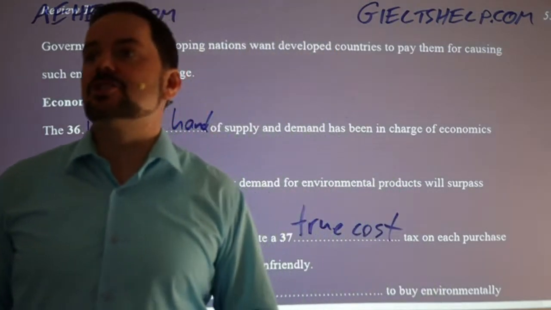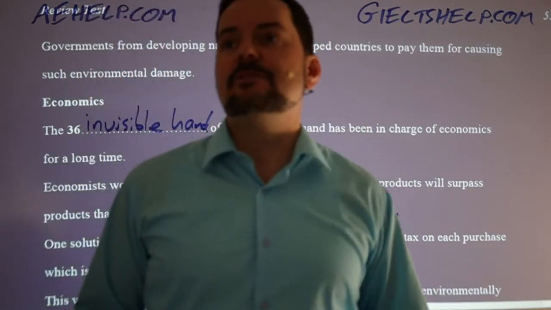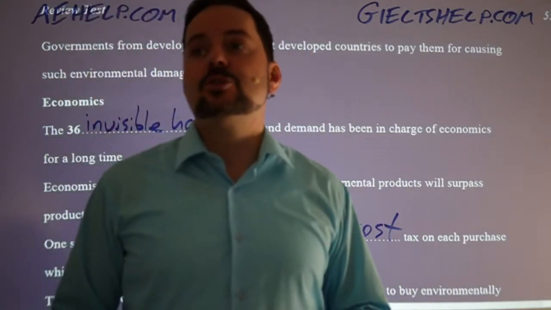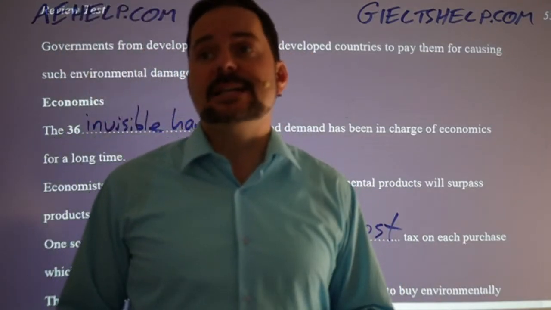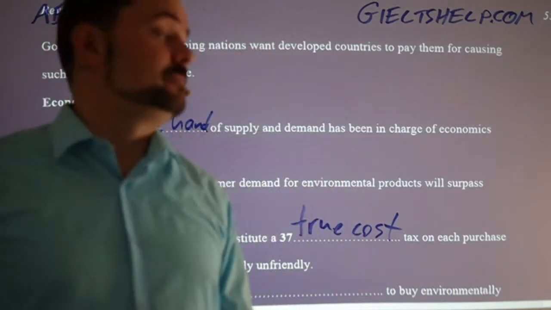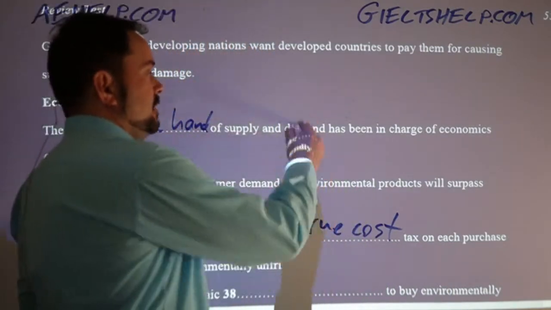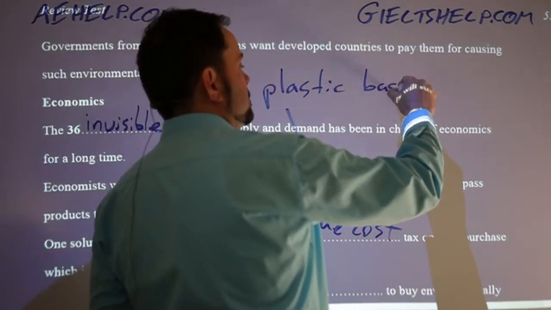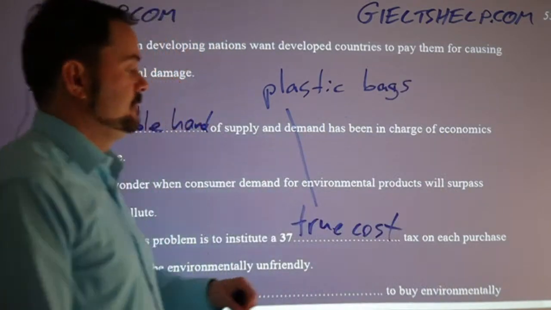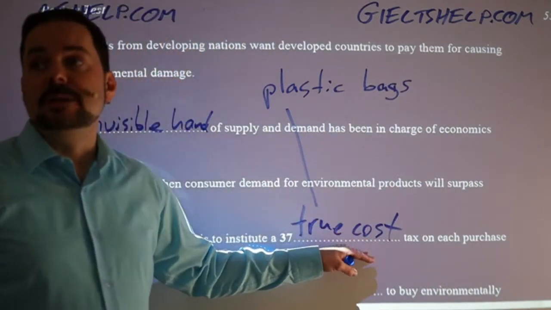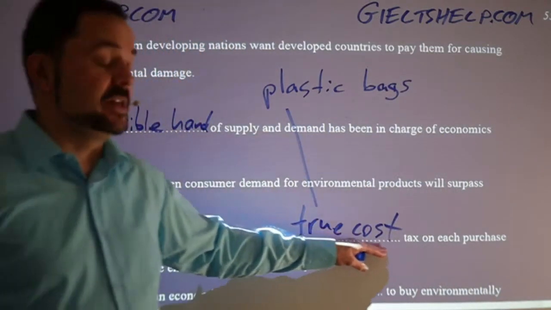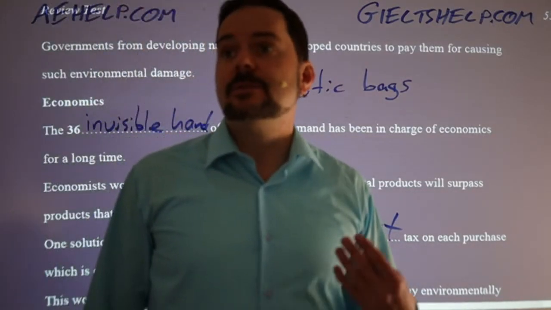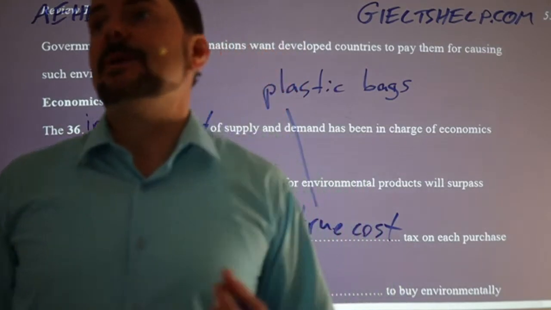Harry says electronic products. That's not what I'm thinking of, but possibly. Green products definitely do not have that tax. Plastic bags, very good, Mien. So plastic bags, I wasn't thinking of plastic bags, but plastic bags is one. So when you go to the store now and you have to pay extra for the plastic bags, it's because the store is being pressured to pay that true cost tax. There's another one, though, that we use. Not makeup, Hassan.